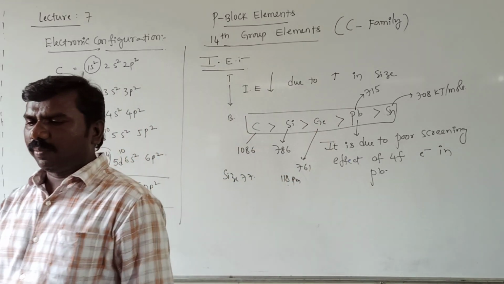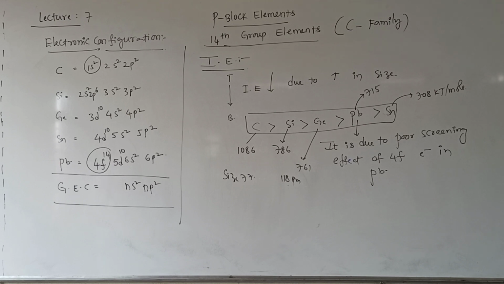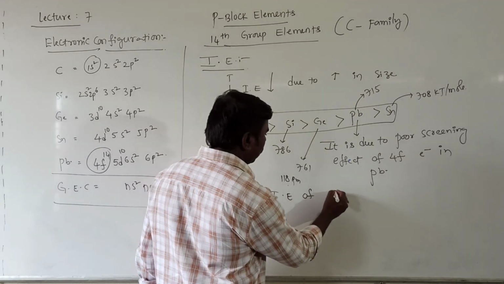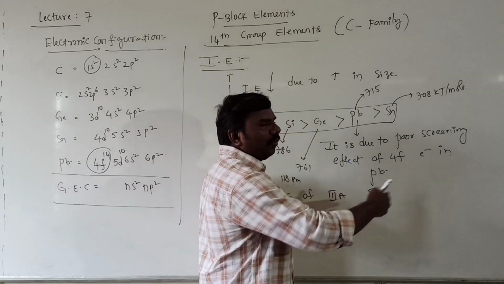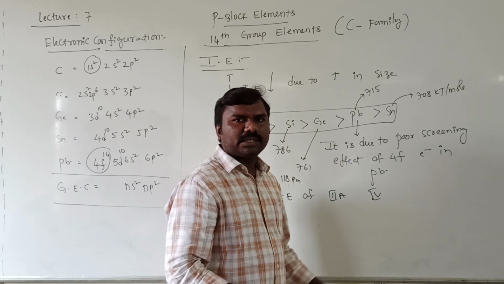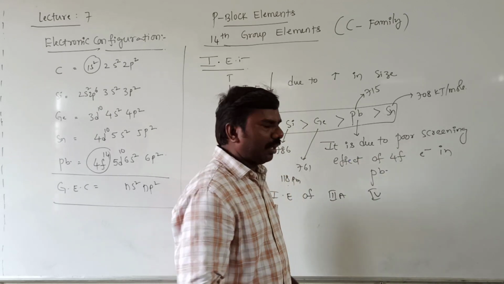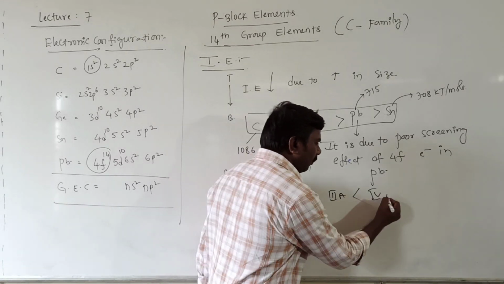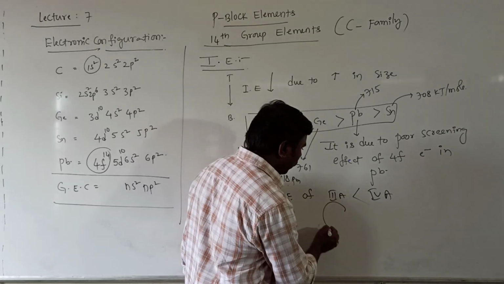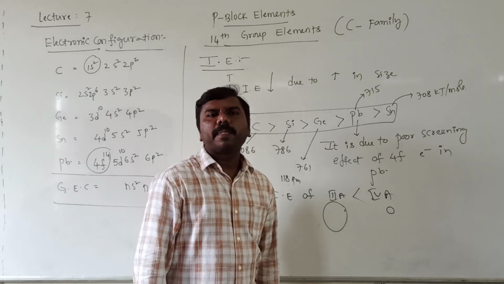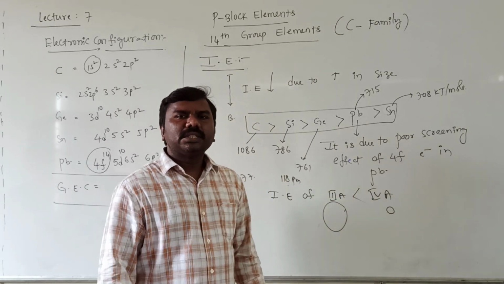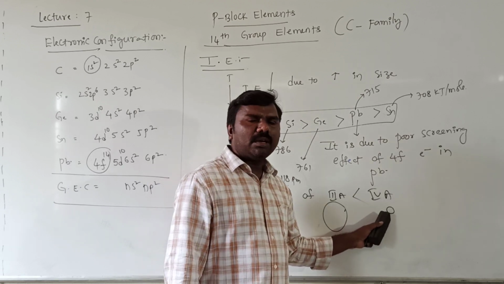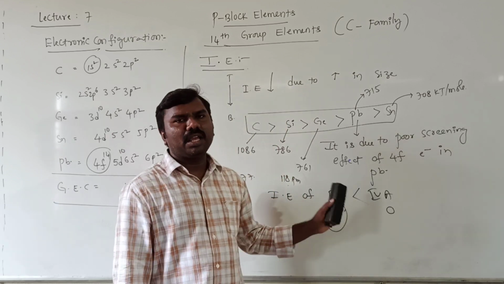Right? Next problem is the ionization enthalpy of 13th group and the ionization enthalpy of 14th group. From 13th to 14th, left to right, size decreases. Size decreases, more energy is required to remove the electron. That's why 13th A is less than 14th A. Otherwise 14th A would be greater than 13th A. Size of 13th A is more than that of 14th A, because left to right size decreases. Size decreases, more energy is required to remove the electron. That's why the ionization enthalpy of 14th A group elements is greater than 13th A group elements.